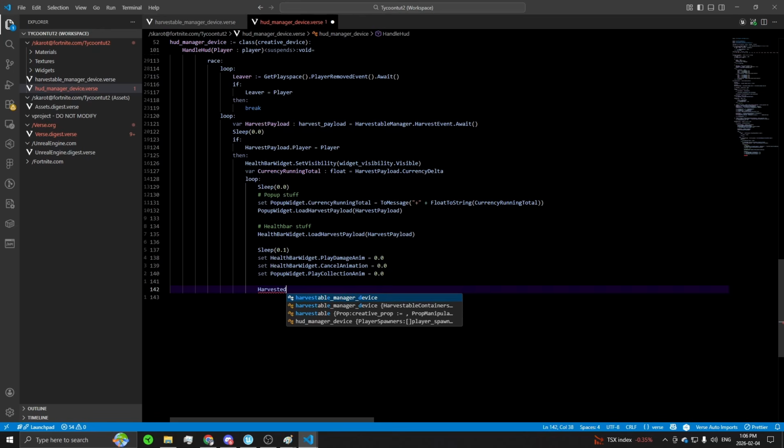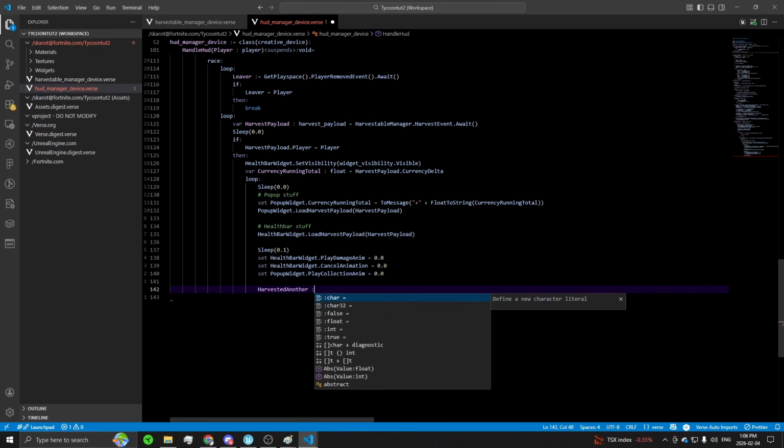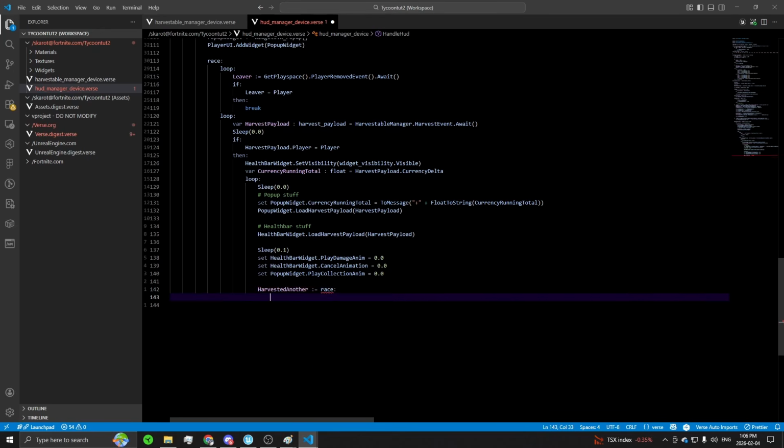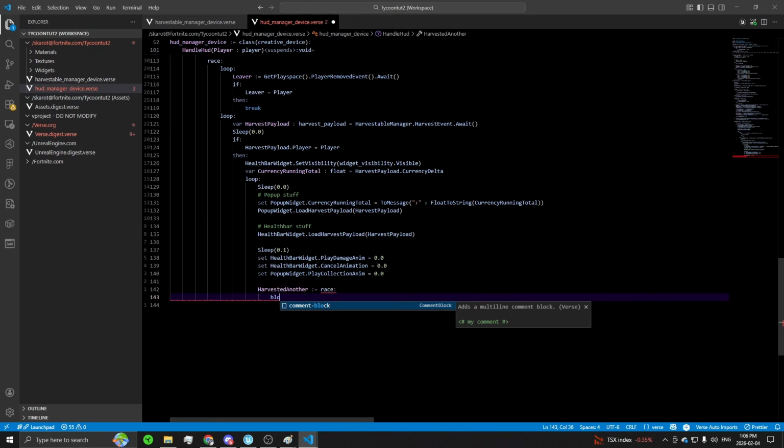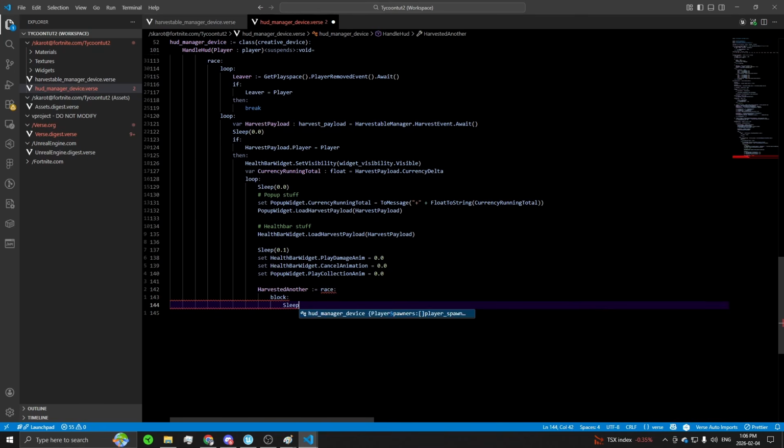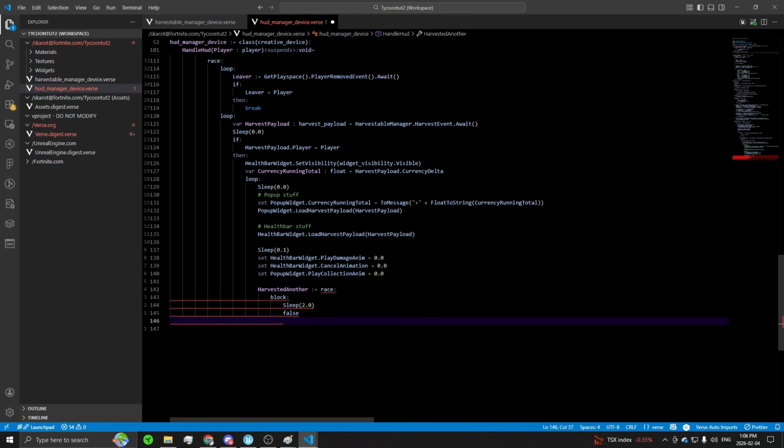So we're going to call it harvested another, and it's going to be a race of 2 blocks. The first one is going to be just sleeping our animation duration, which is 2.0 seconds in this case, and then we're going to return false. That means if this one wins the race, 2 seconds have passed without them hitting anything. So we're going to say harvested another is equal to false, and we'll check for that afterwards when we decide